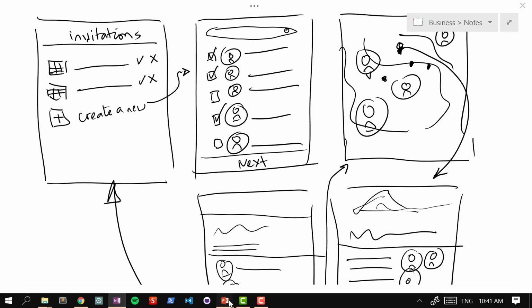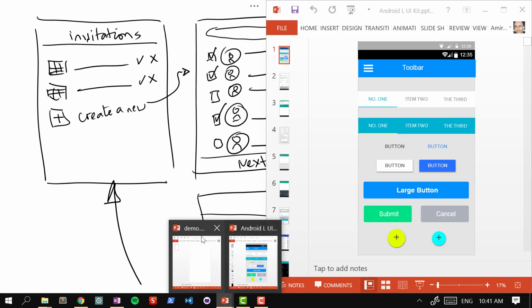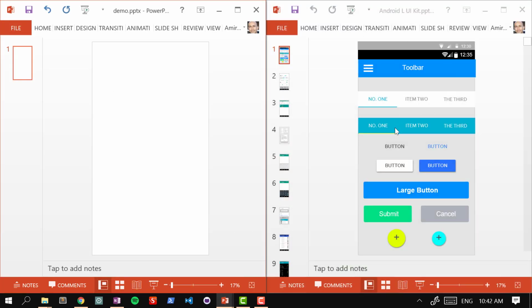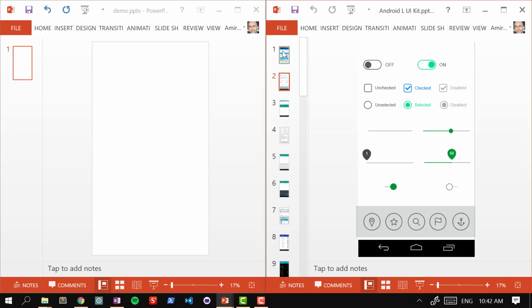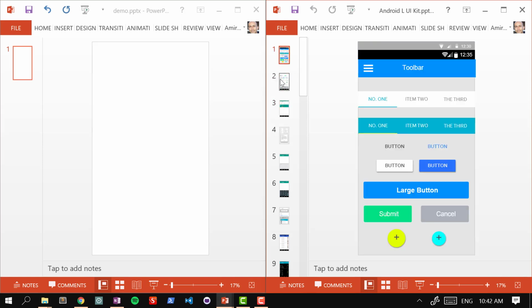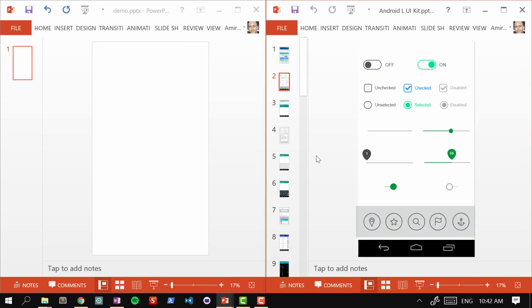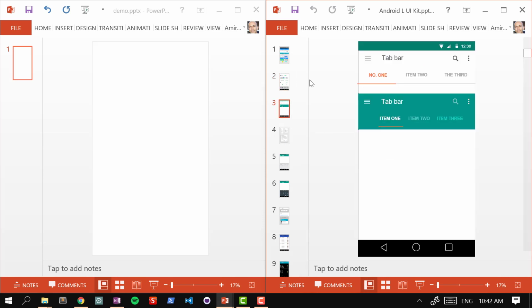So my workflow in PowerPoint looks like this. On the right hand side, I have the Kinotopia templates for the platform that I want to create for, in this case the Android templates. And on the left hand side, I have an empty presentation with the same dimensions as the templates. As you can see, those templates are very comprehensive. I have lots of